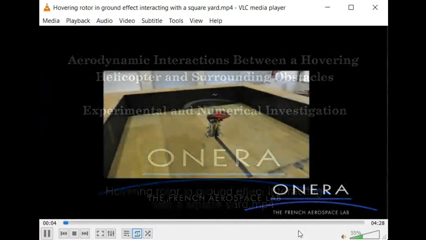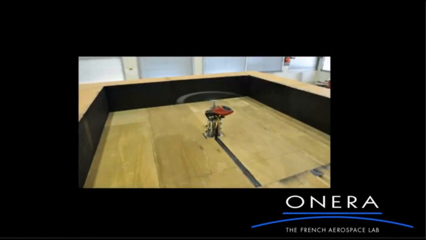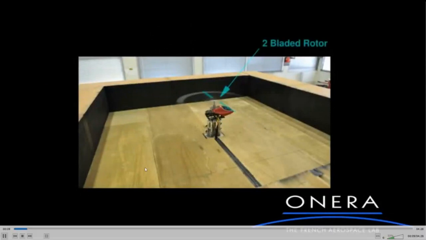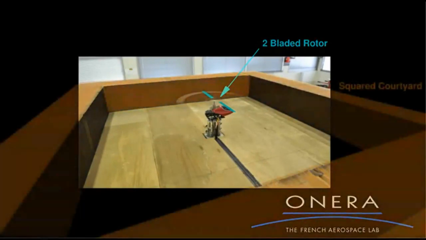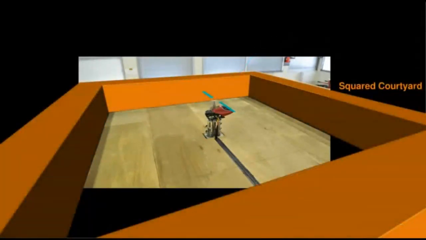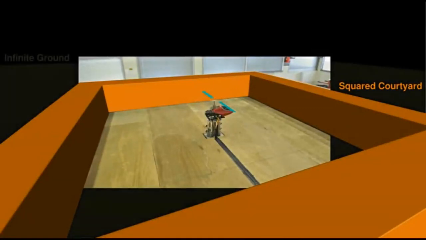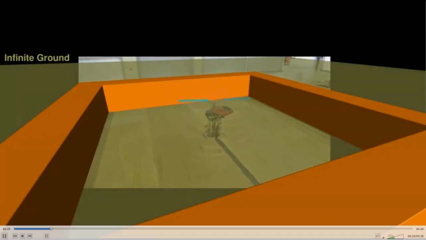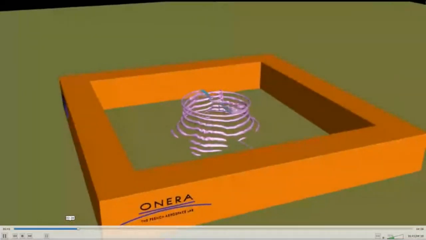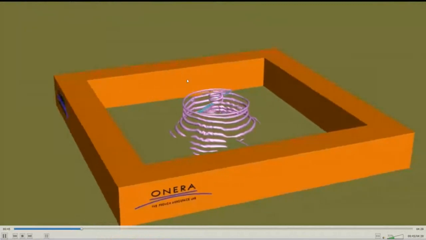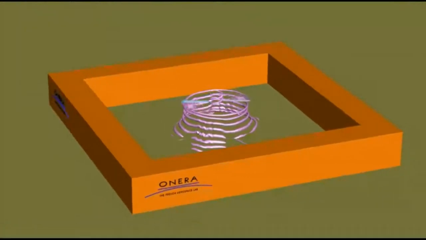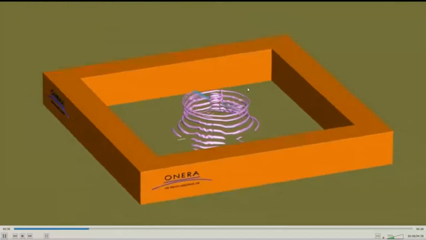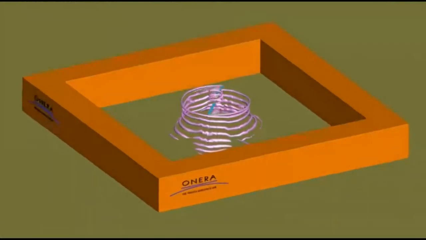So I hope you can see that video also. So this is a computational fluid dynamics analysis. How it was done by Onera, I cannot identify. That is a French aerospace lab. So they have studied wake formation, especially in the ground effect of the helicopter blade. Okay. So when the helicopter blade is rotating, and they have some settings, some criteria. So this type of analysis they have done, where they study how the wake is forming.